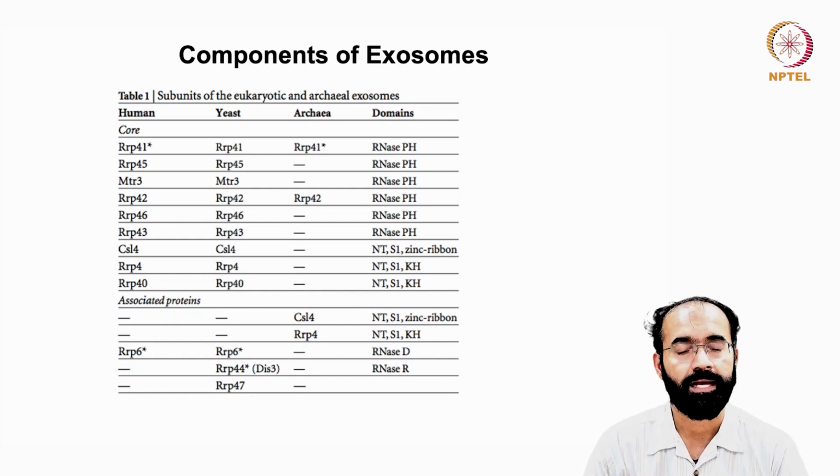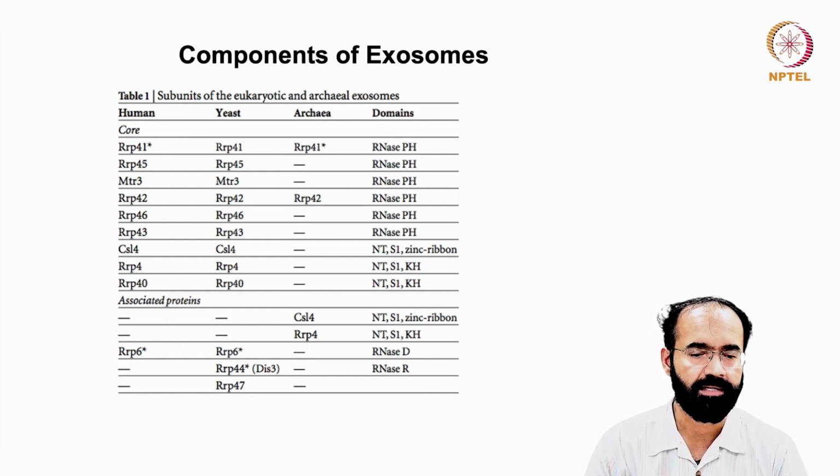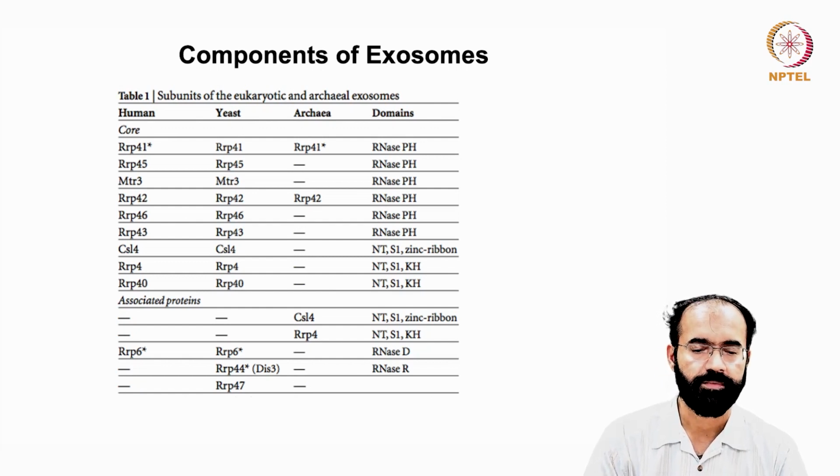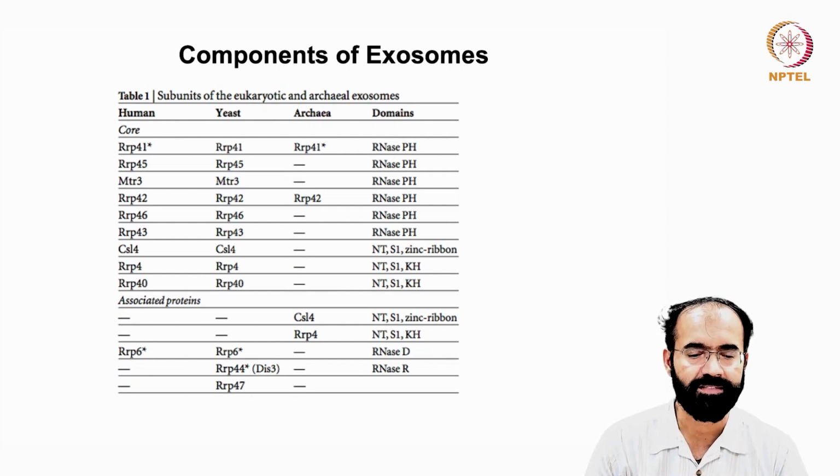It has got a core portion; their names are not important, like RRP41, RRP45, MTR3, RRP42, etc. In yeast you have similar names, RRP41, 45, MTR3, and sometimes the name can vary, but by and large the name is retained here. And in archaea, RRP41 is RRP41, RRP42 is 42, but you don't have a representative of RRP45